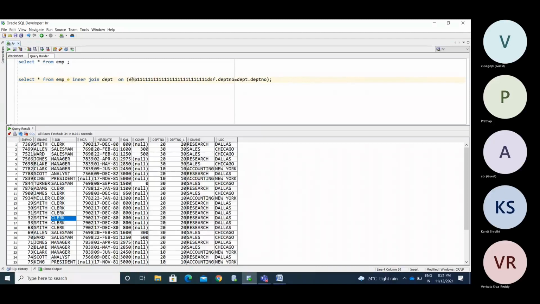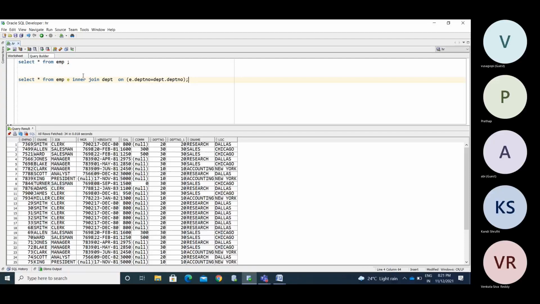Instead of the full name EMP, I am giving the alias name E here. Now I give the reference with the alias name, E dot DPT number. Now I can get the data here.